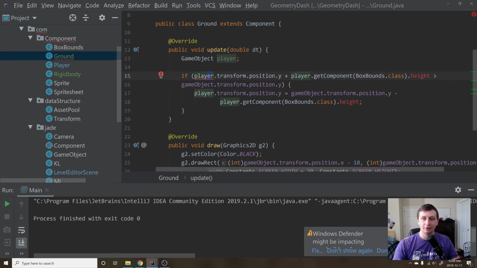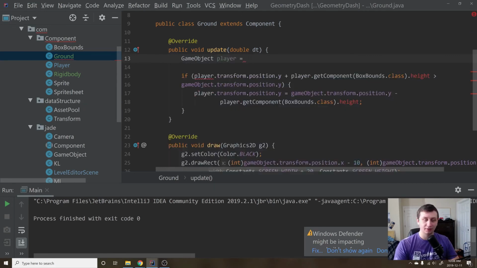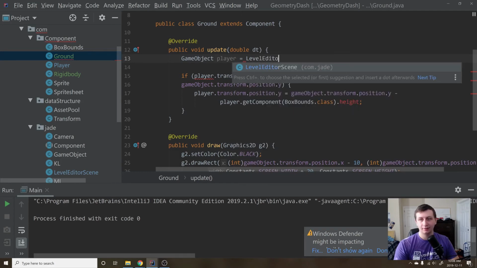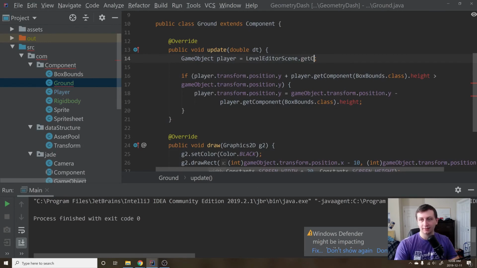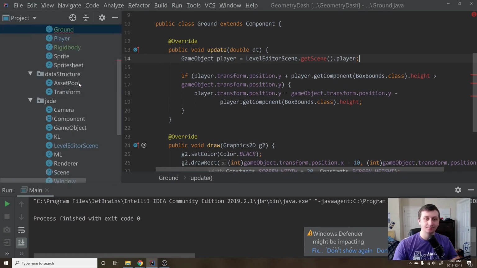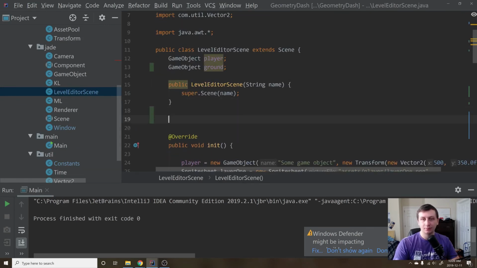It says player was never initialized. Let's actually make player. So we will say GameObject player equals, and then we want a way to get to that player. We'll say LevelEditorScene.getScene().player. So we'll make the scene, yeah, we'll make the LevelEditorScene instance a singleton as well, and then we'll be able to get the player directly off of that. So we'll go to here, and then we will say public LevelEditorScene getScene. This is also static,